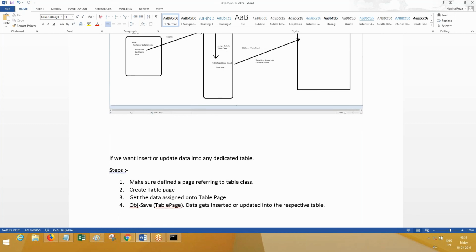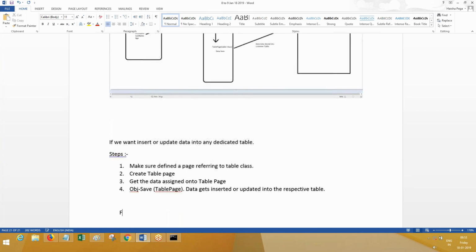So the page name gets resolved into the physical table name. How? From the page it will identify the reference class. From the Obj-Save step page, that is the table page, what you mentioned in the step page, it is going to identify the page reference class. That is the first step.